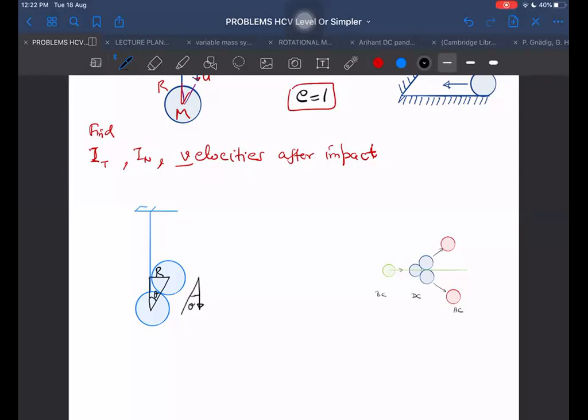What was velocity u? Now, one line is the line of impact for this mass only. For the other mass, there are two lines of impact actually. So I cannot determine any one line of impact for that, because impact is acting from above. Theta is equal to 30. Then 2r sin theta is equal to r, so theta is equal to 30 degrees. Then the other angle will become 60 degrees.